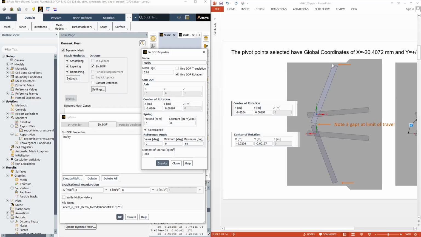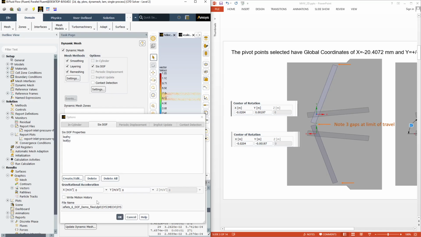And note when it hits that limit, there's still a gap at the centers and edge. So we also need a negative Y property, and the only difference is it's on the negative side of the Y-axis, but it can go minus 64 degrees up to 0, which is its fully open state, which is where it is now. So now with those two properties defined,